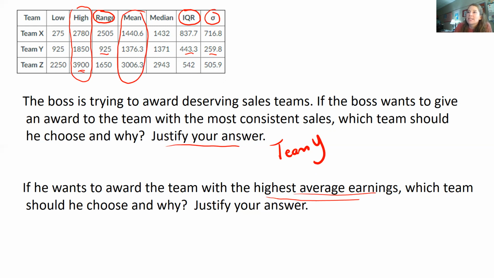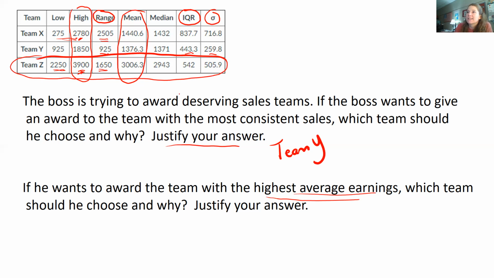And one of the ways we could tell if it's an outlier is that we would look at the range and say, okay, how far apart is the lowest and highest numbers? Well, this is a lot smaller than this, isn't it? So these numbers are much more varied. These are closer together, quite a bit closer together, and it's so much bigger than this one that I would say that Team Z definitely has the highest